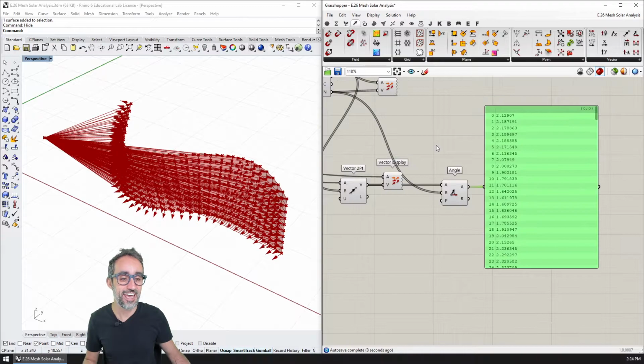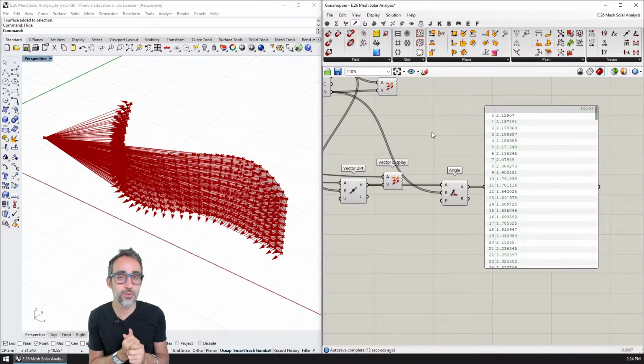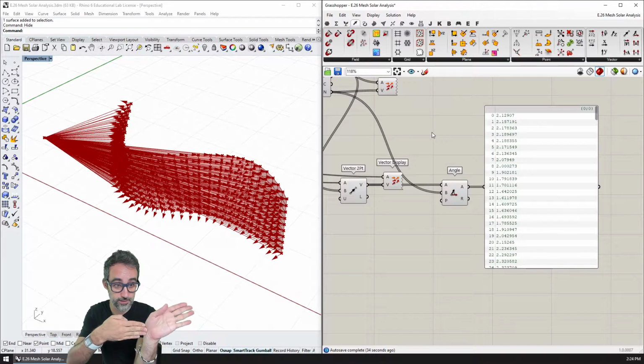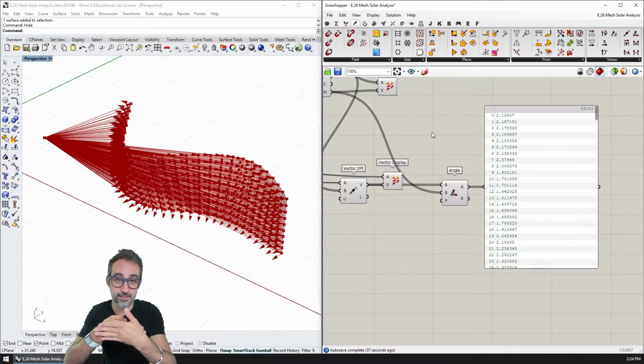Radians, yes. And once I have that, we know that radians go from, what do they go from? They go from 0 to 2 pi, correct? And that's when we go from 0 to 360. However, the only possible angle between these two vectors can be an angle of 0 if both vectors are like this, or it can be an angle of 180 if both vectors are exactly opposite.